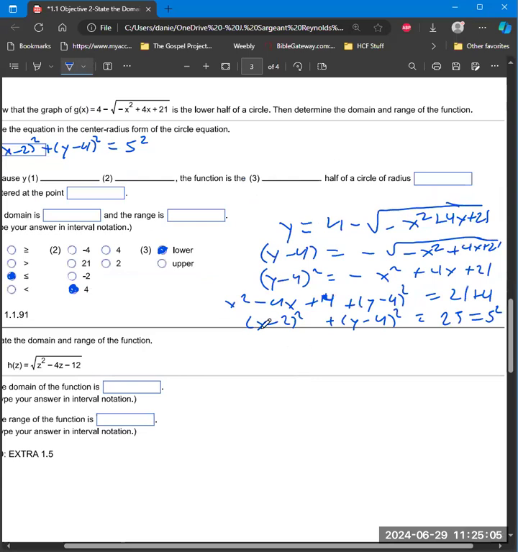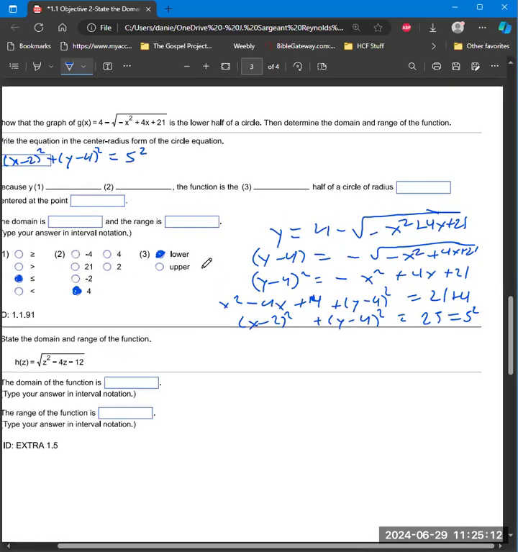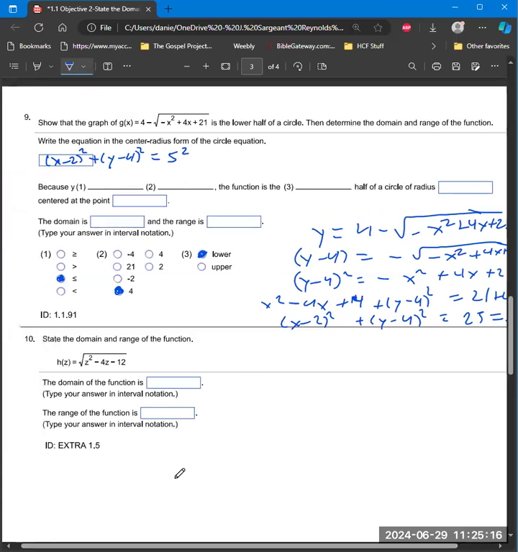So this is y less than or equal to positive 4, lower half, circle of radius 5, centered at the point 2, 4, and the domain is going to be